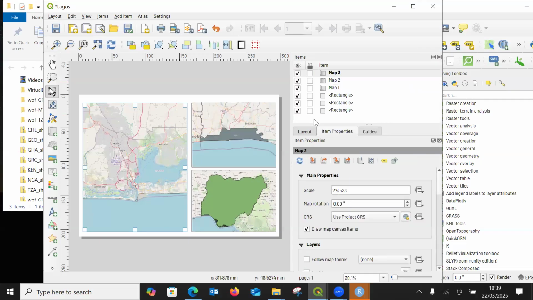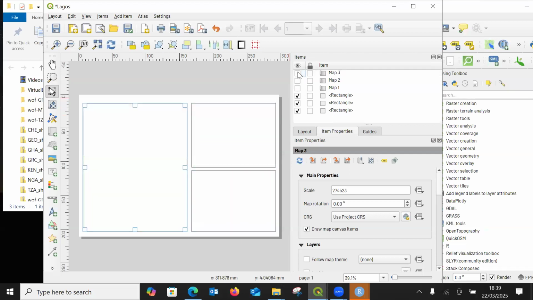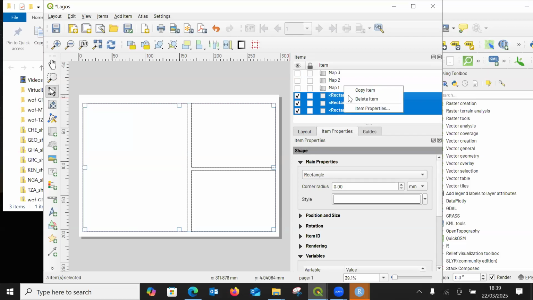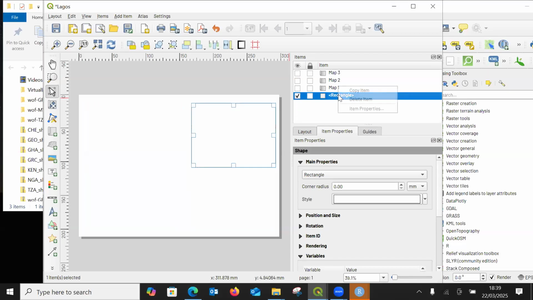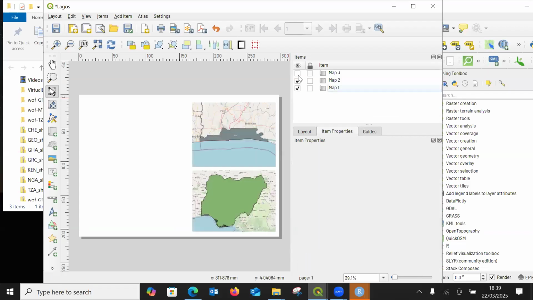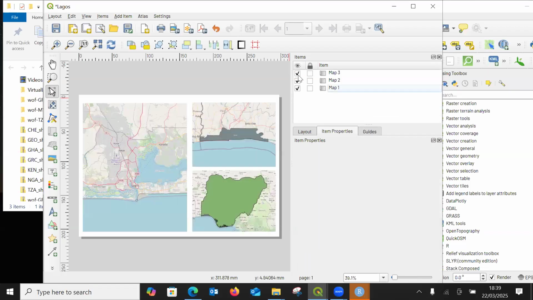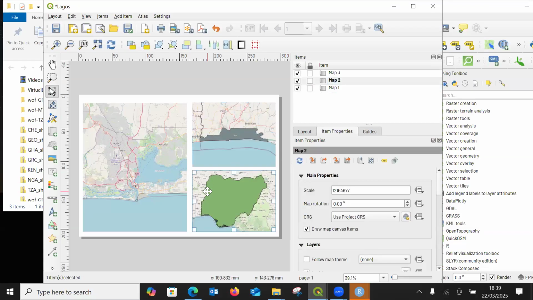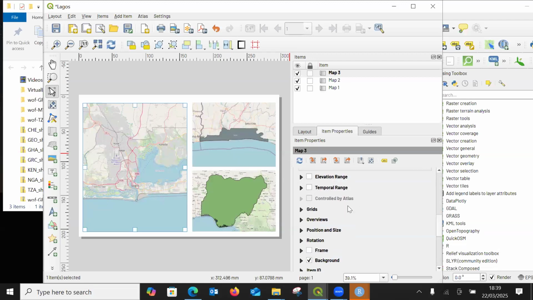So I drew the triangles. If I minimize the maps, I drew the triangle and the rectangles, which will get me to make a location map. But I could minimize them. I could delete them, all of them, this was to try to help me. And then I could arrange them like this one, because I've locked the layers, so they could help me with this one. And then I could add frames in all of them,